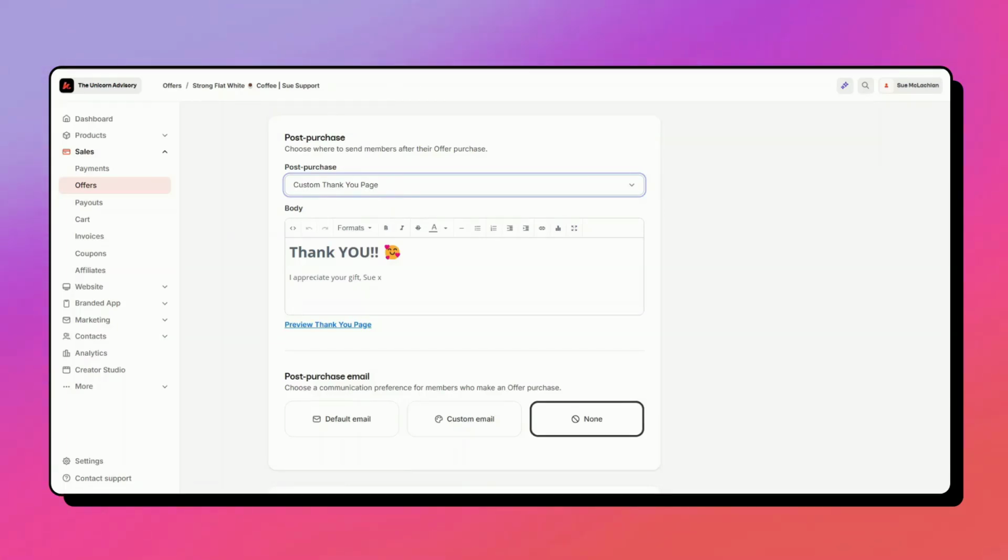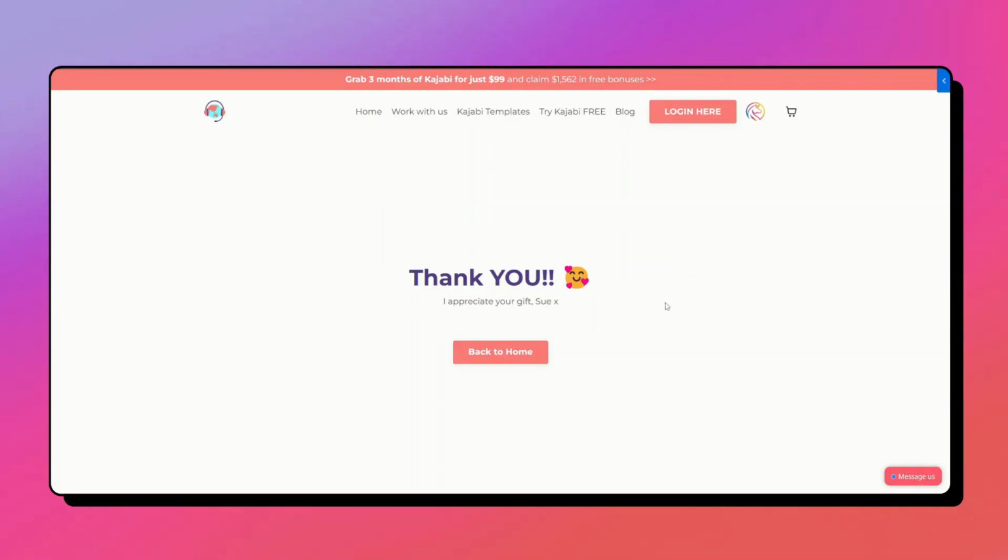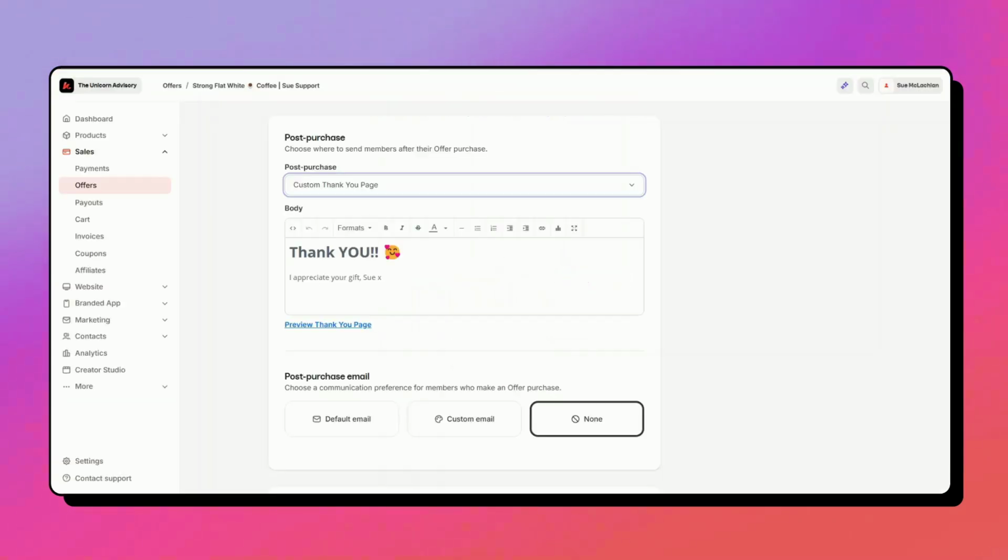And this is what that page is going to look like. It's very, very simple, and you can choose the button. Now, the look of this thank you page is actually organized in the website area. So you might see some text on there, but that will be replaced by whatever you put into this box. So you can add things in there if you want to, but this is just a way to keep it simple and easy. At some point, I probably will create a fancier thank you page with a video on it, but this is